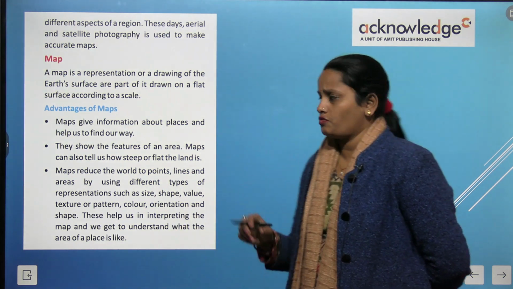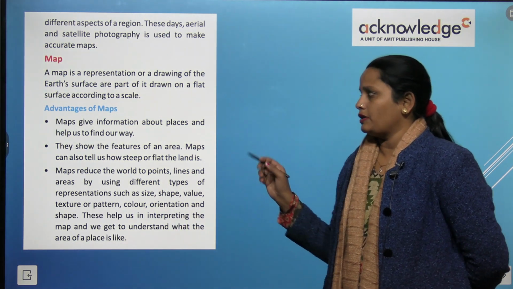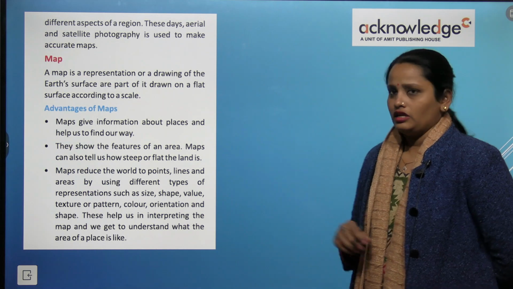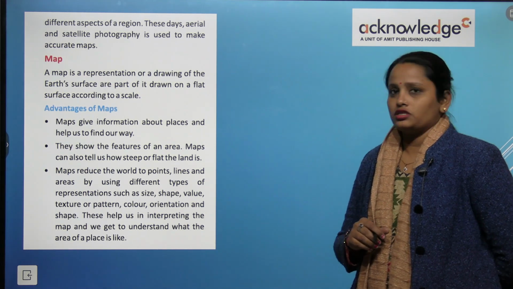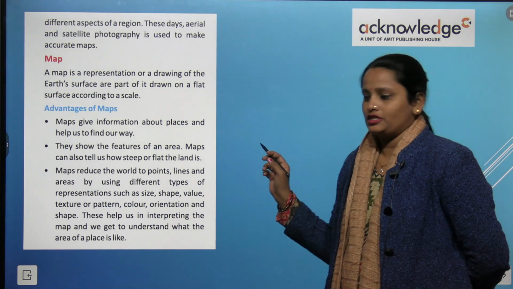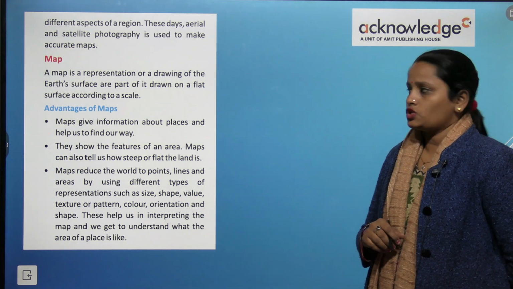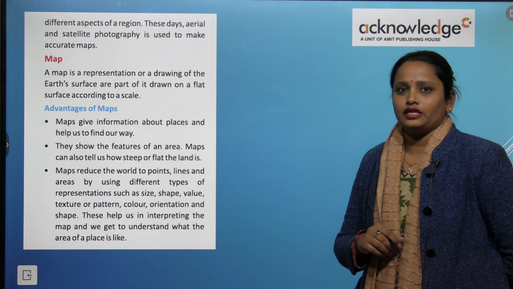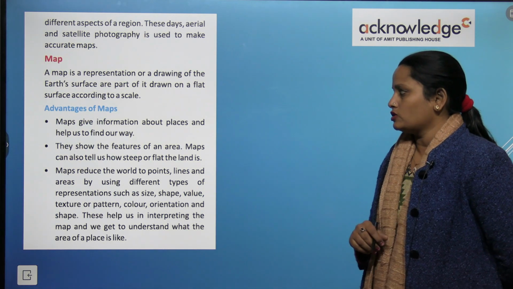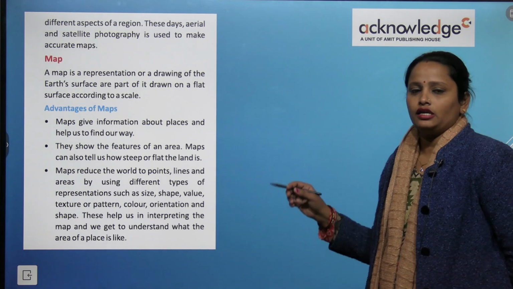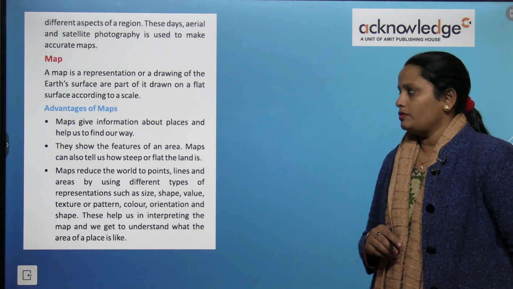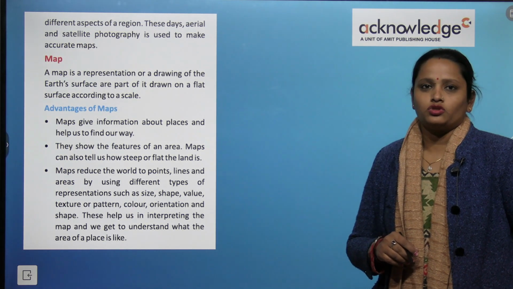What are the advantages of a map? A map gives information about places and helps us to find our way. Map information देता है और ये बताता है कि कौन सी जगह कहाँ पे, हम इजीली कोई भी चीज फाइंड आउट कर सकते हैं. They show the features of an area. किसी भी एरिया का फीचर बताता है. A map can also tell us how steep or flat the land is. मैप ये भी बताता है कि कोई भी एरिया, कोई भी जगह कितना ज्यादा स्टीप है, ऊंचा है, नीचा है,